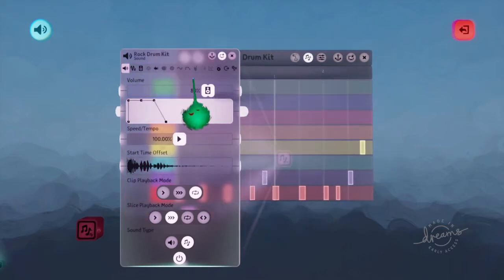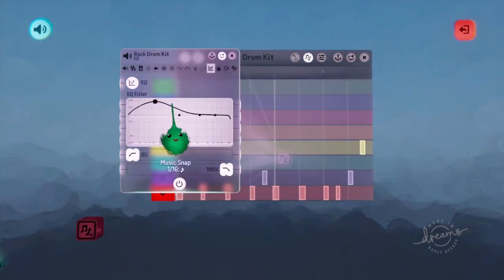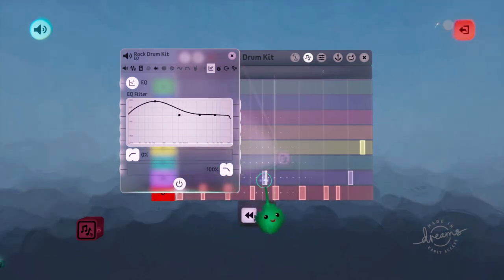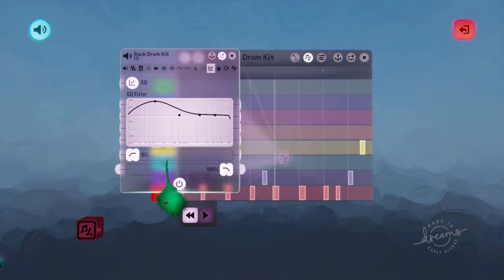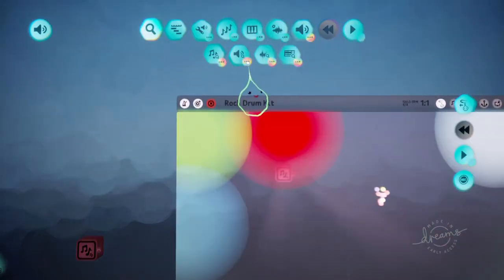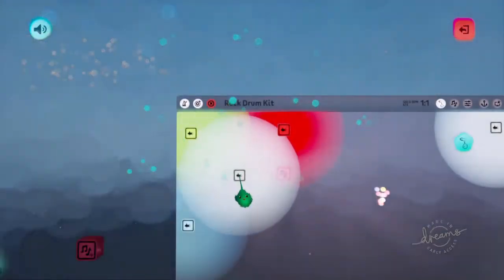Okay, so let's say we want the bass drum to sound a bit beefier, but if we go in here and mess with the EQ for the whole thing and then play, then it affects how these other samples sound. So let's turn that off, and we do the same thing. We add an effect field,